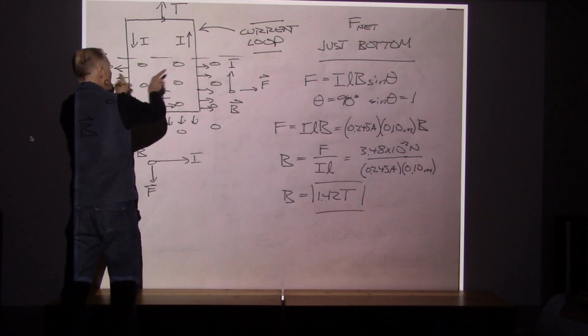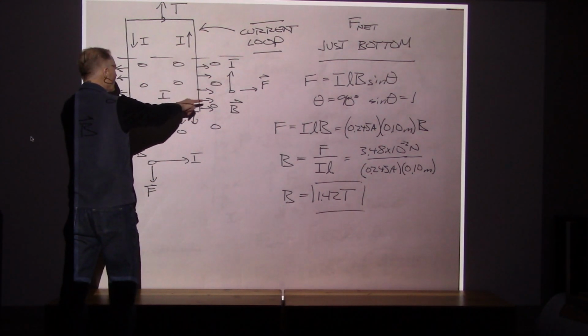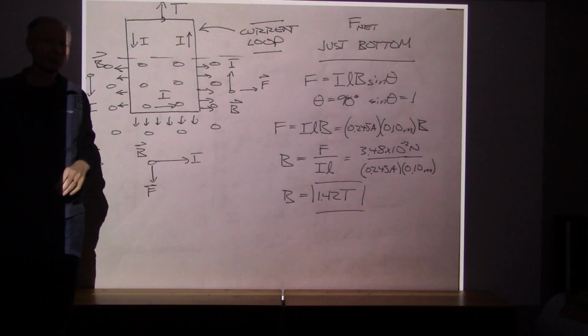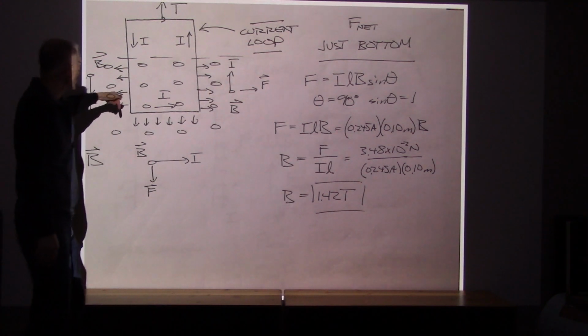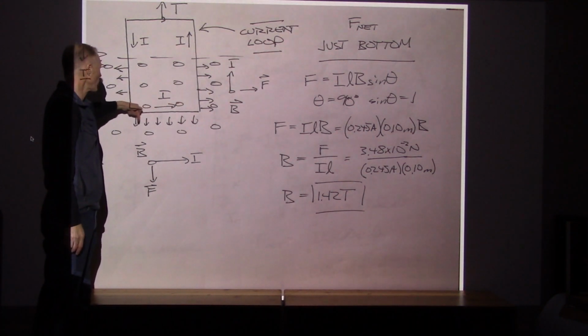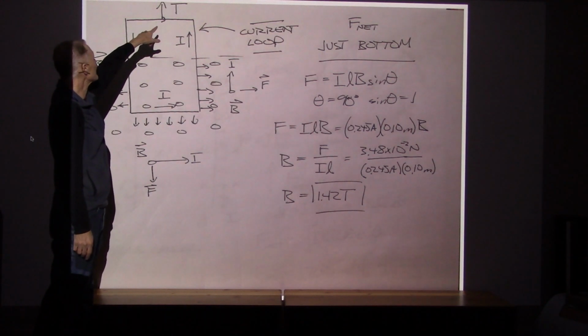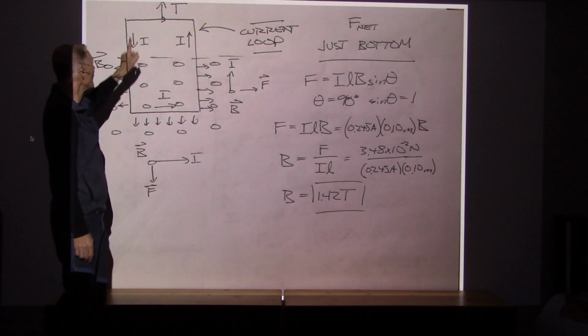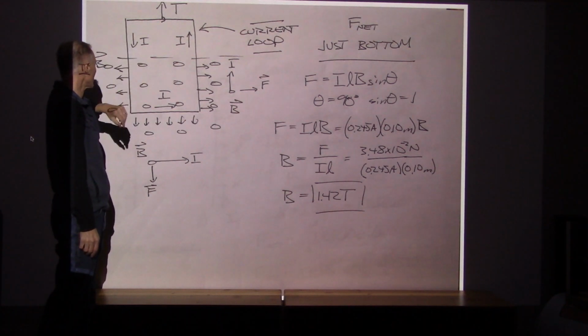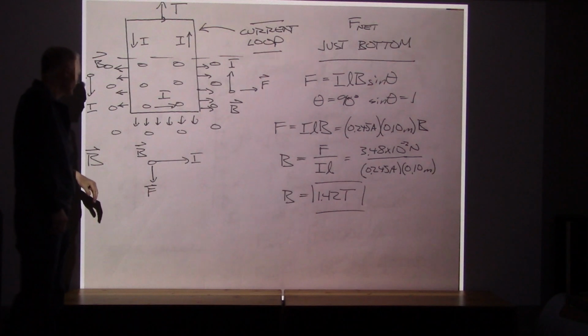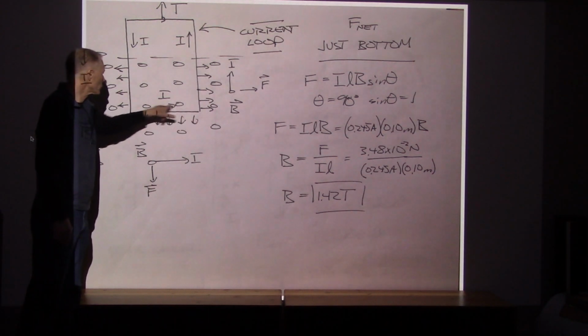These forces on the side, because of the symmetry in the problem, are going to cancel out. So if all I'm looking for is a net force, it's really this force along the bottom. This is not being opposed, at least not by any other magnetic force. There is a tension, or an upward force, holding onto the circuit that's opposing that, holding it in place. Let's see, for that bottom region,